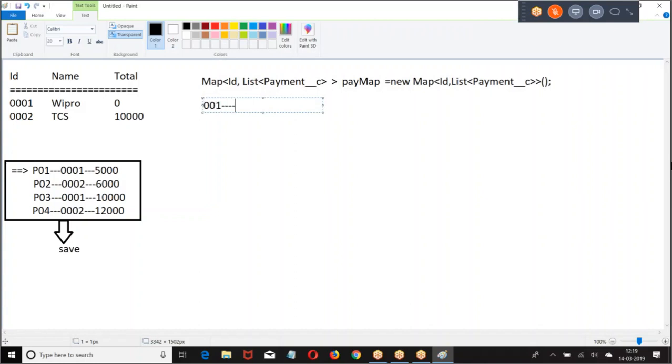0, 0, 1. Zero, 1. This is how we got 0, 0, 2.